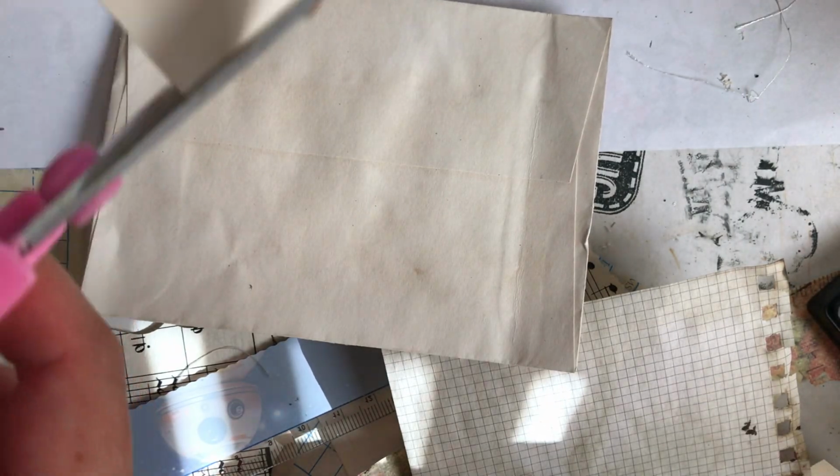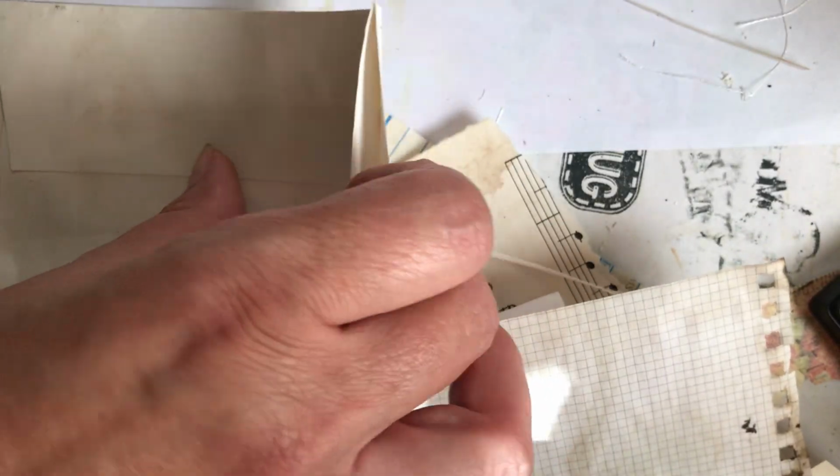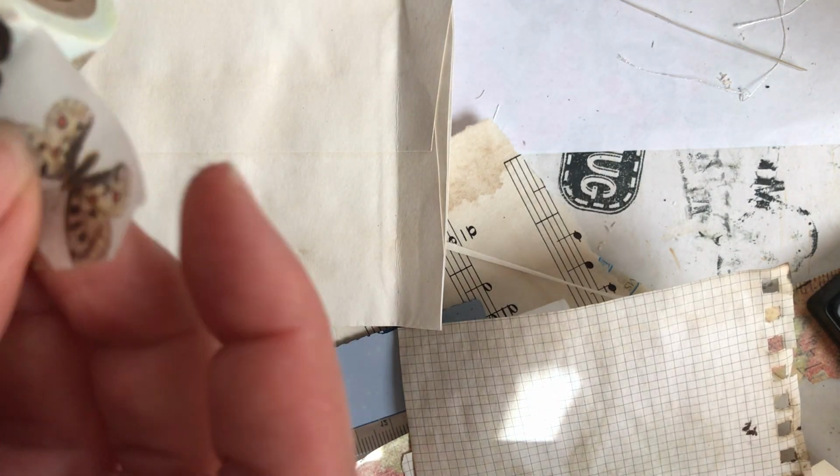Just take these two coffee dyed mini envelopes, or you can use any size of envelopes basically, and I cut the tops off like this. Then we have openings on the top here, so we have these two. Now in order to put the two together, there are multiple things you can do. I used a washi tape,